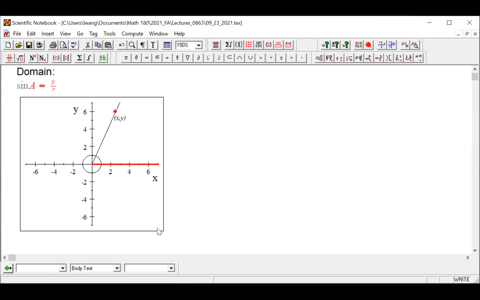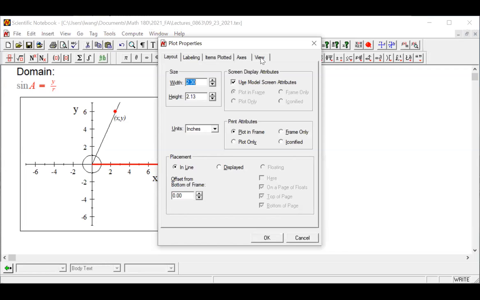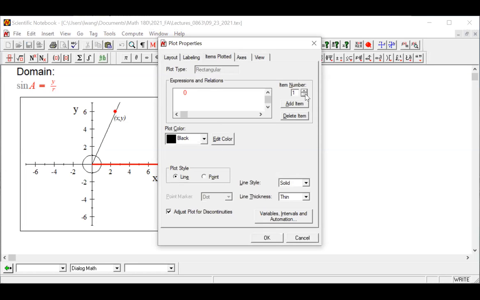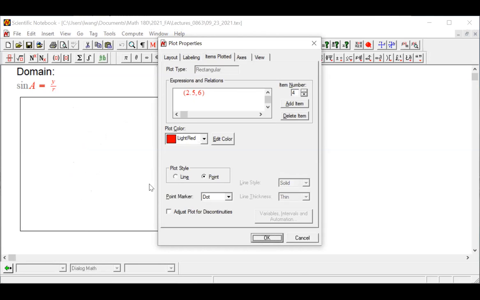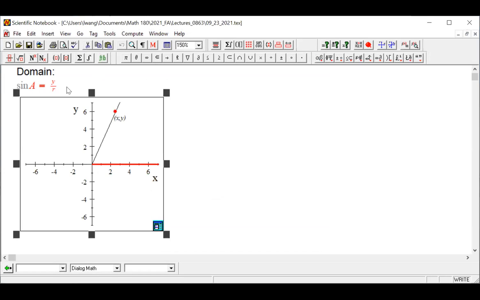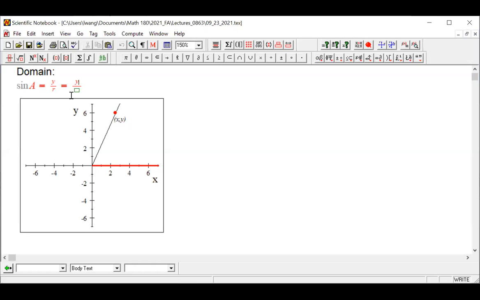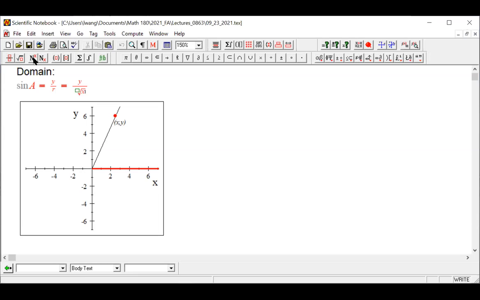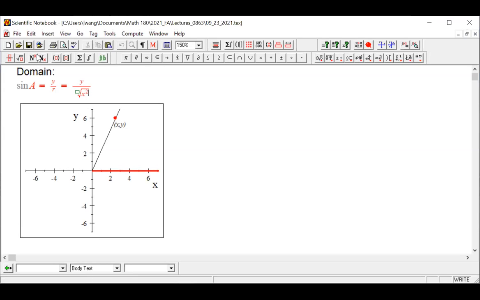I'm going to remove that unit circle as a matter of fact. If I put this y here, and the square root of x squared plus y squared,